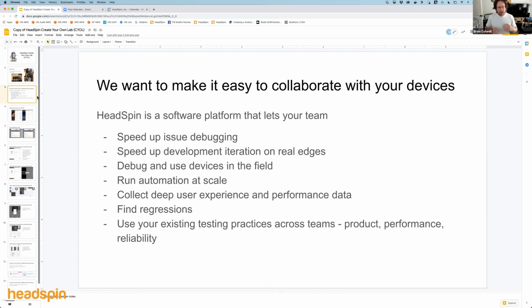Our platform collects deep user experience and performance data from every interaction on the device. We can collect network traces of the device, the video of what the user sees, the function call statistics from within the code executing on the device, system statistics such as CPU and memory. So we're able to collect that data from all of these devices out there, on your desks, on your labs,